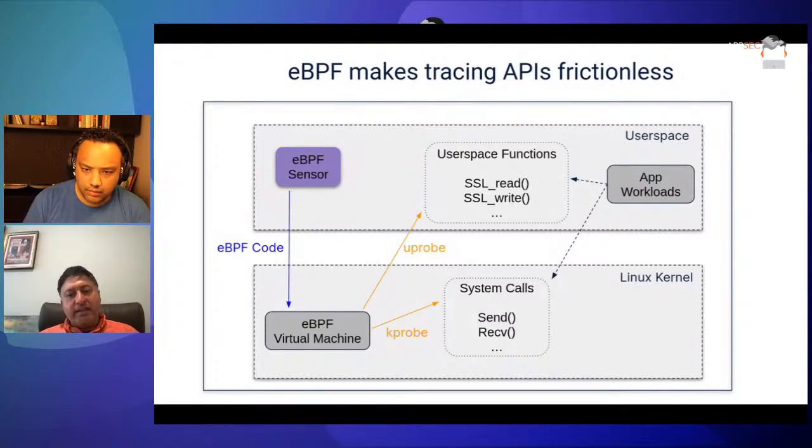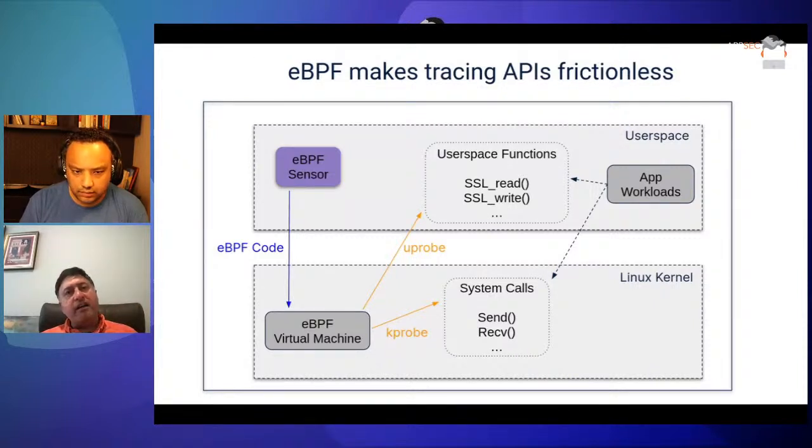So what we do is tap into clear text traffic that is transporting API calls. We instrument all the socket-related or TCP-related system calls, which are send, receive, send to, or receive from. And then there are also vector types of system calls, like writev and readv. And then on the user space side, because we want to get pre-encryption traffic and post-decryption traffic, we put probes on SSL read and SSL write,